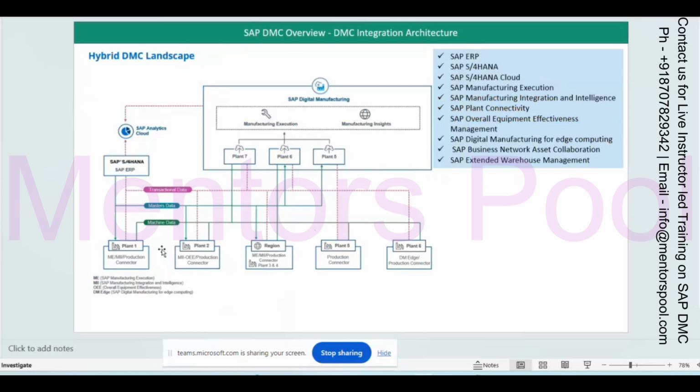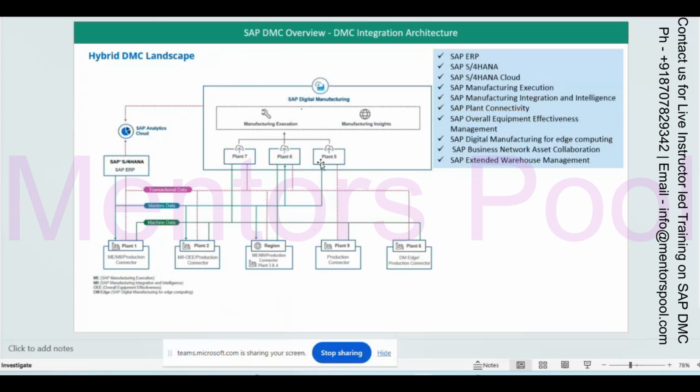Here you can see there are plant one, plant two, and 5, 6, right? So up to 7, the plants are there. And here you can see there is a DMC. This is for the execution, this is the insight. So how is that connected?